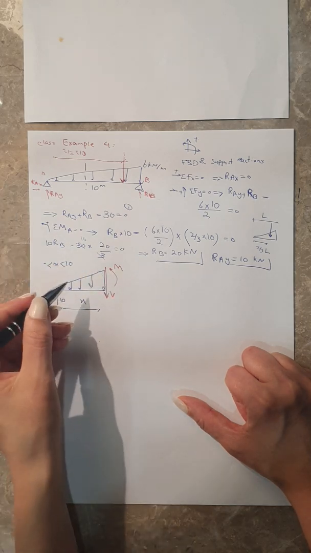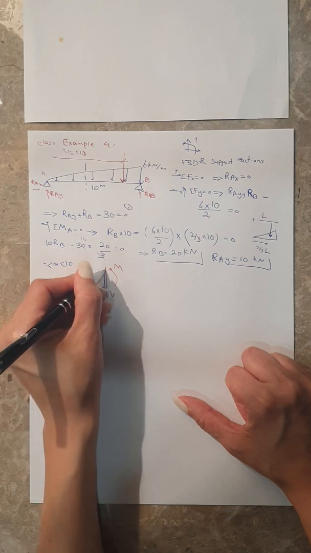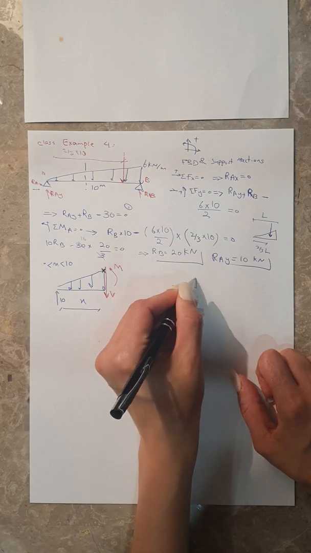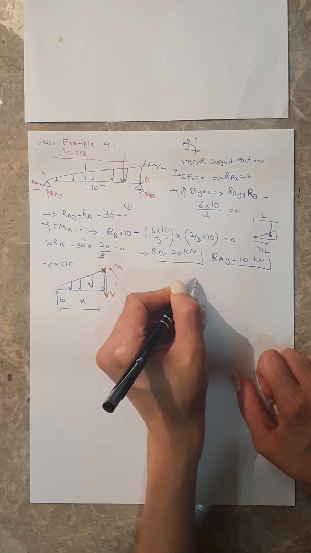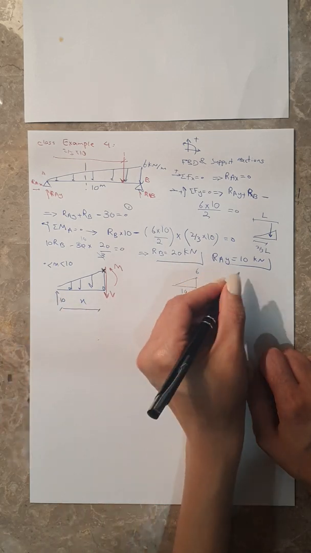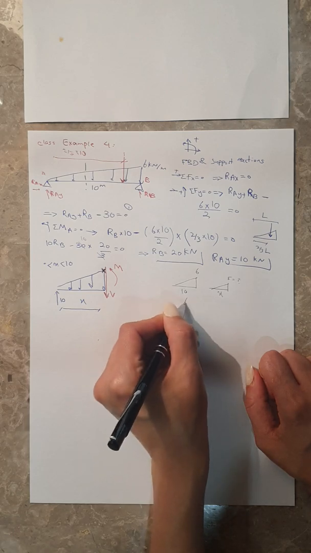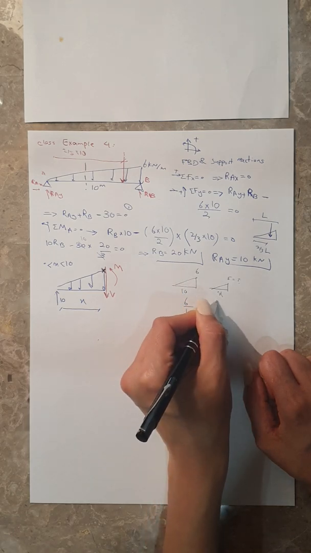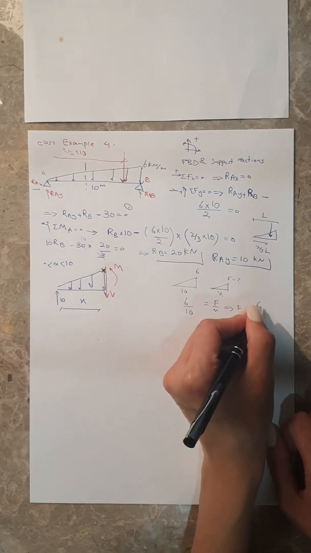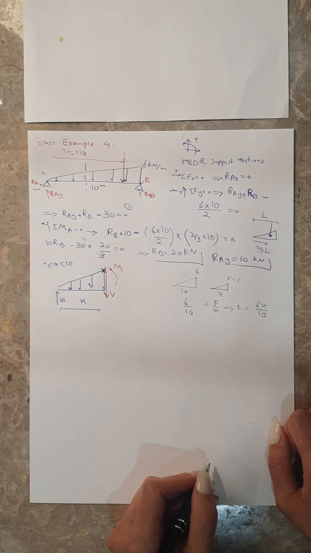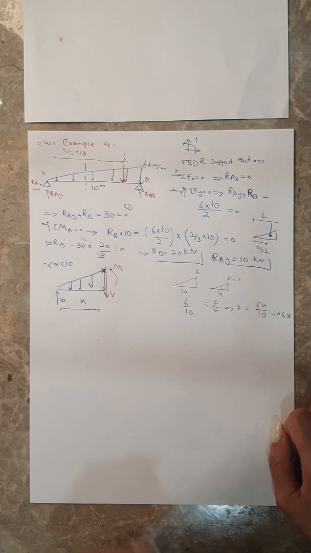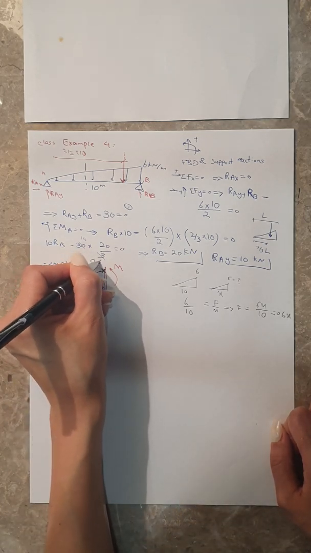Okay, now in order to solve this part, we need to know the value of the force at this point. When the beam is 10 meters, the value of the force at this point is 6. Now we have the length x, so how much would the force be? 6 over 10 would be equal to F over x. Therefore, F would be equal to 6x over 10, so it would be 0.6 times x. This is the value of the force at this point,